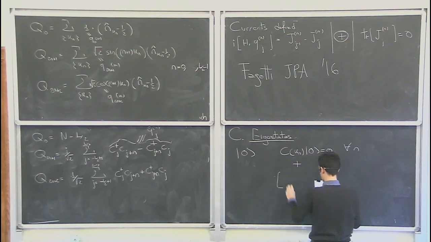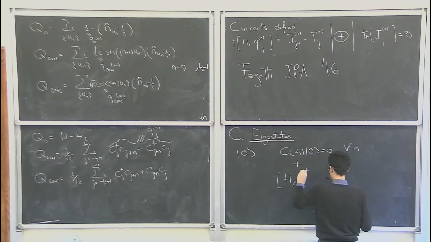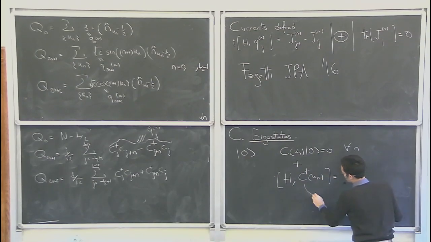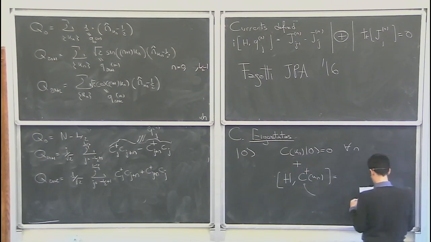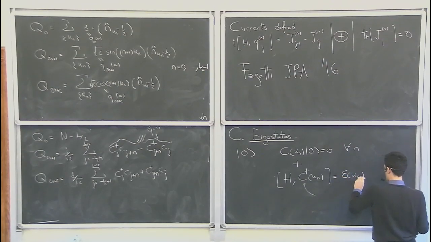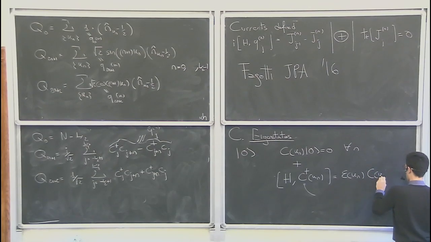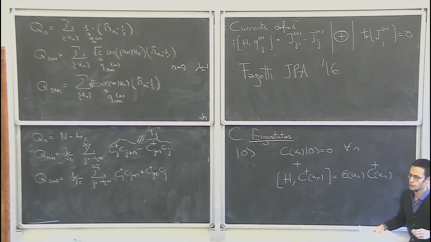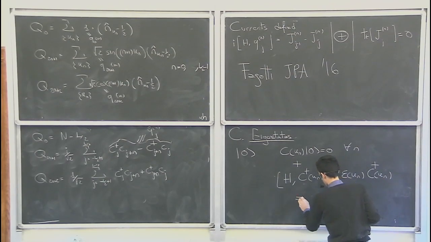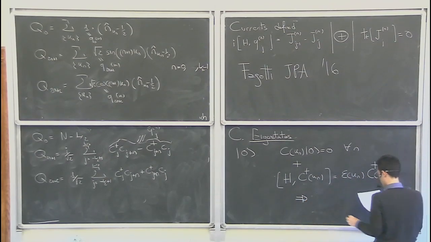Plus noting the commutator of the Hamiltonian with the, so I will call this creation operator and this annihilation operator, right? So with the creation operator, it's just this. Which in turn, so if you are not familiar with these relations, these are all exercises you should do. So you should prove this, and you should also prove that from this you can find